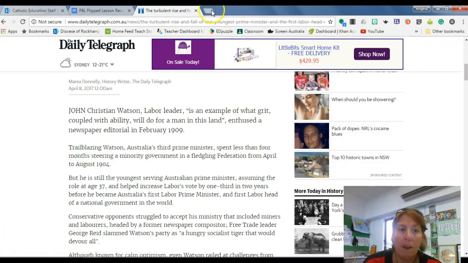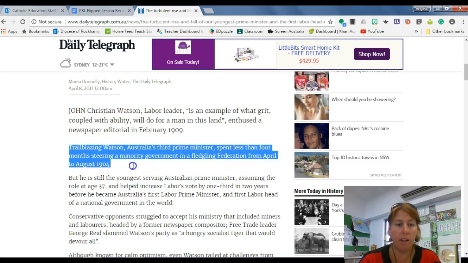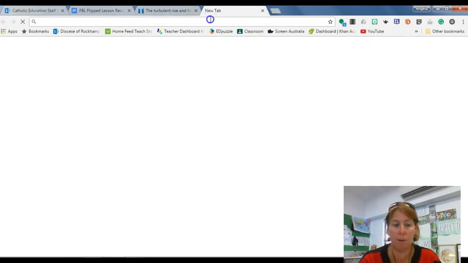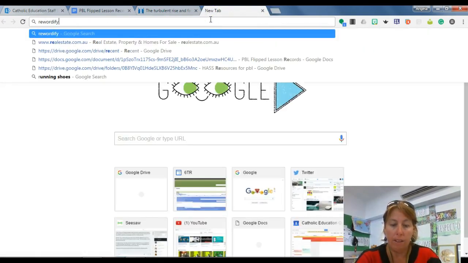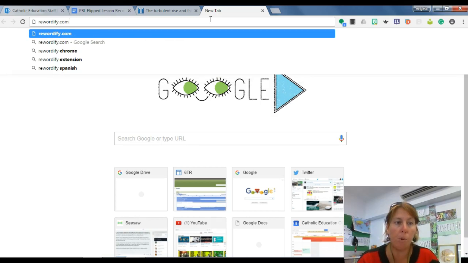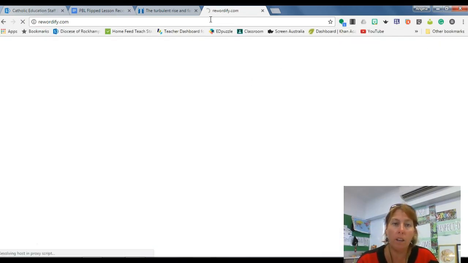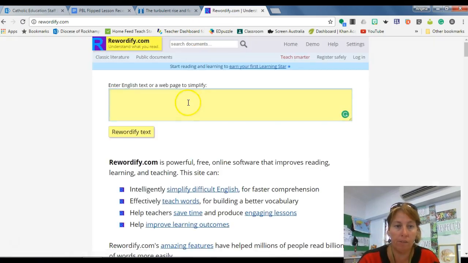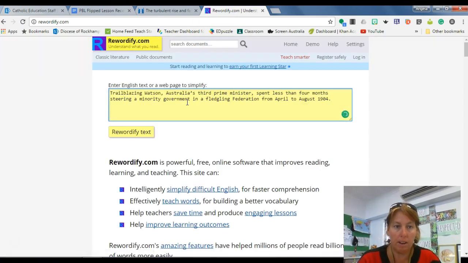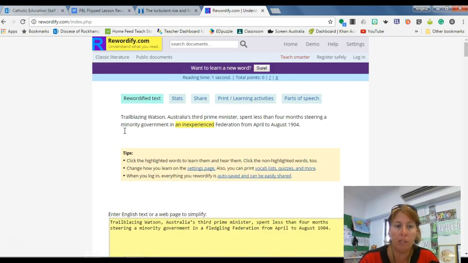Now, there's one more trick. When you're searching, there might be something you think is really valuable. However, it's too difficult for you to read. So you can see I'm using Control-C there because I am copying it, but I'll show you why. There's a free website called rewordify.com. I can go to rewordify.com and I can paste that in there and ask it to reword it for me, and it rewords it for me